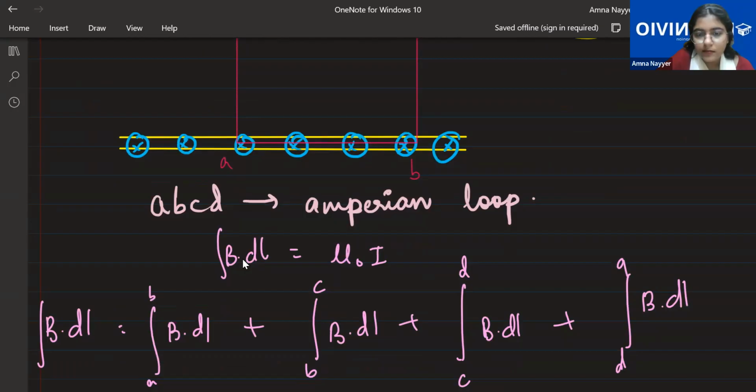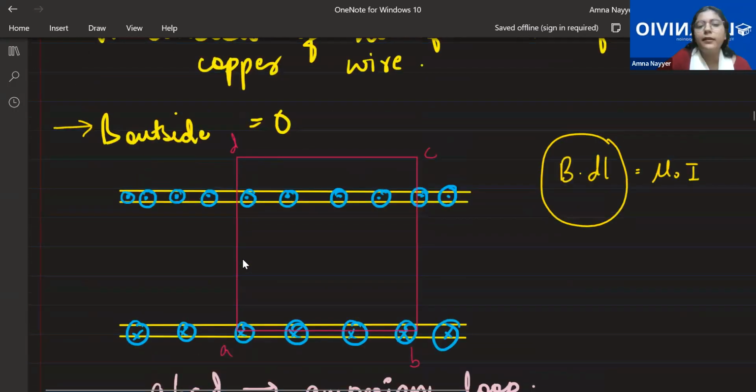So basically for the whole Amperian loop we are taking B dot dl. Why do we have to take the Amperian loop? See, when we have circles, we usually take pi r square and all. But for a square, how will you take that? This is not the ending of a wire, we are taking a middle point. Is there any reason why we took the middle? I just told you that we have to enclose all the regions.